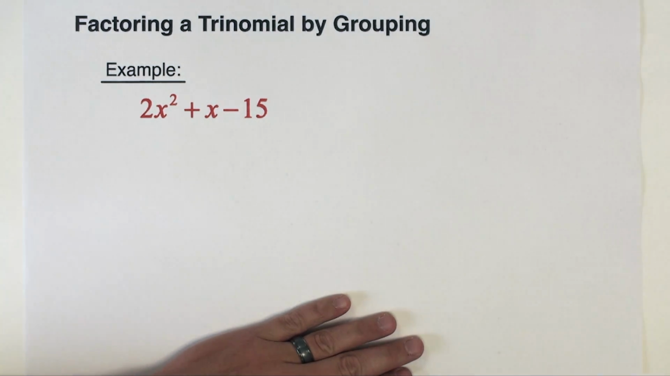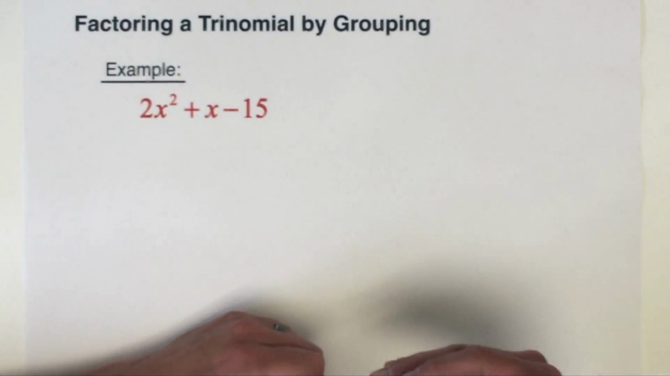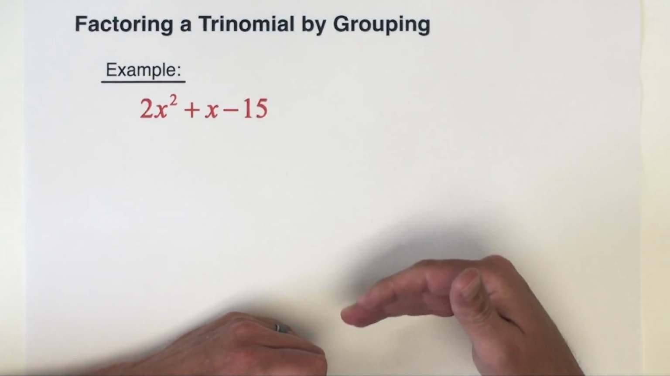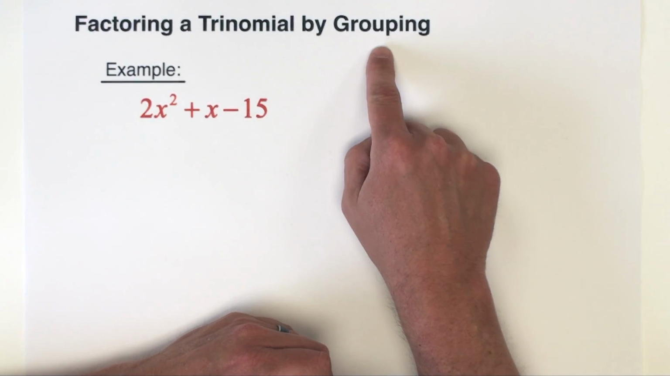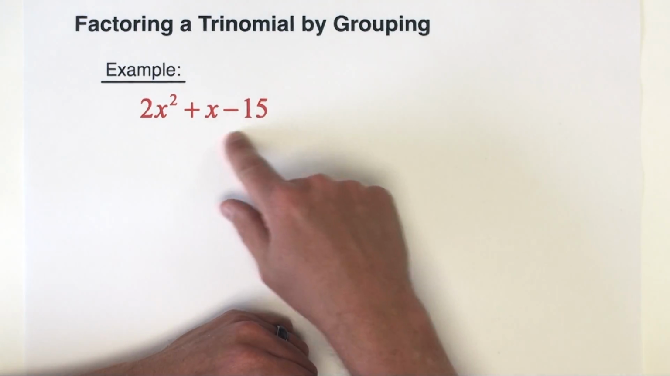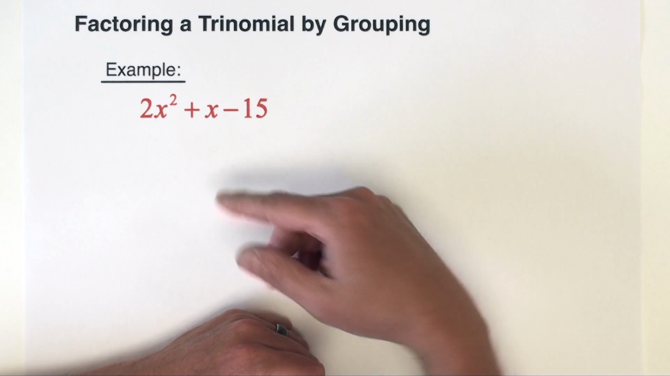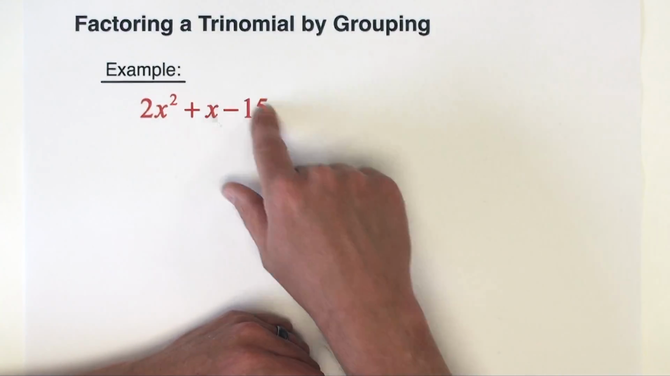The topic for this video is factoring a trinomial by grouping. Now in previous Math Minutes, I have stated that grouping is a technique we use for 4 terms, or at least an even number of terms. This only has 3 terms. So what we need to do in order to use this grouping technique is turn this into